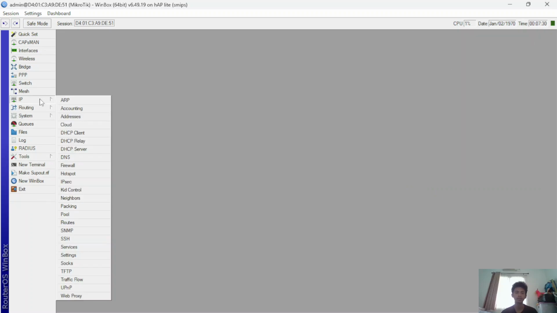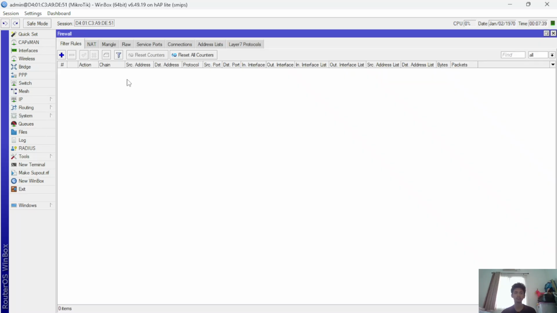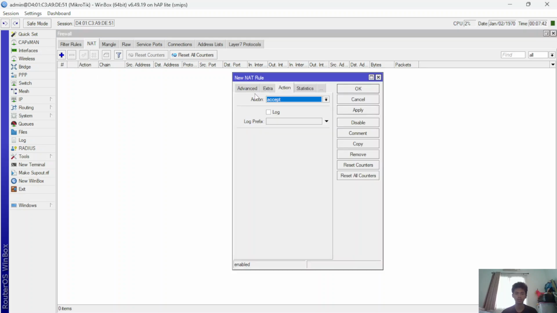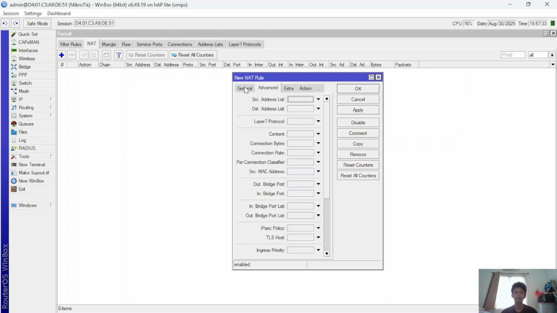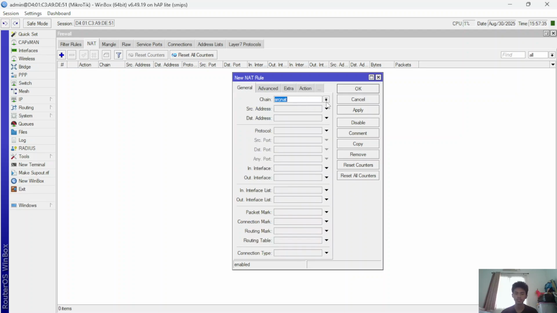Then we create the firewall. Click firewall, NAT, plus or add, action masquerade. In general, chain srcnat, out interface VLAN 1, apply, okay.